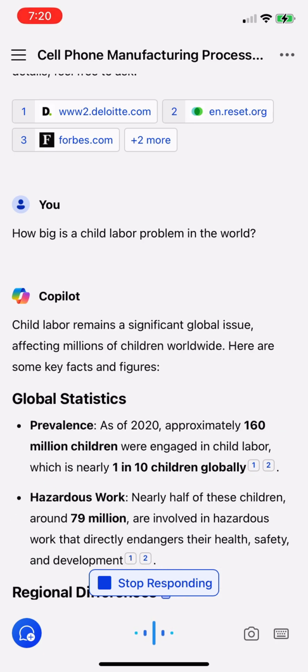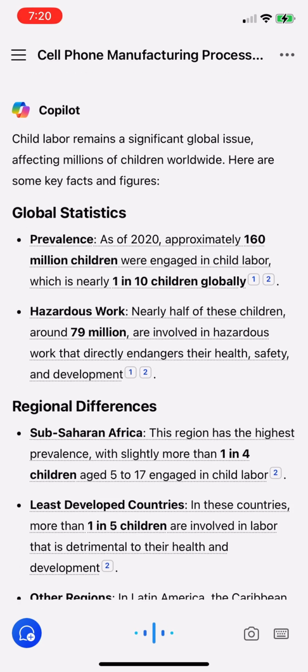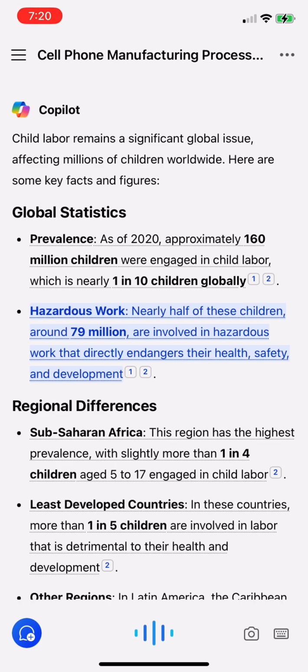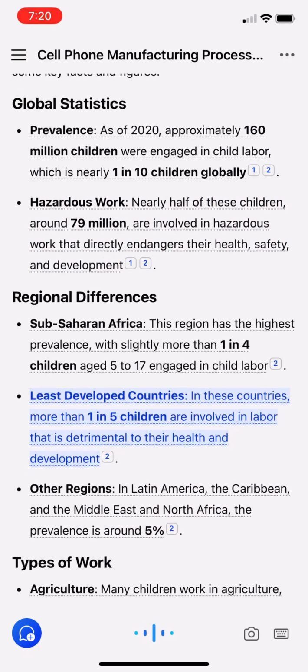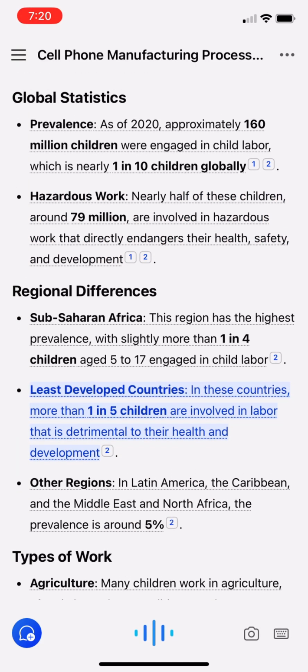Child labor remains a significant global issue affecting millions of children worldwide. Here are some key facts and figures. Global statistics. Prevalence. As of 2020, approximately 160 million children were engaged in child labor, which is nearly 1 in 10 children globally. Hazardous work. Nearly half of these children, around 79 million, are involved in hazardous work that directly endangers their health, safety, and